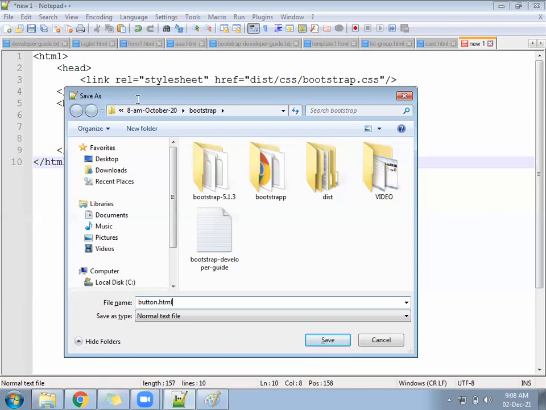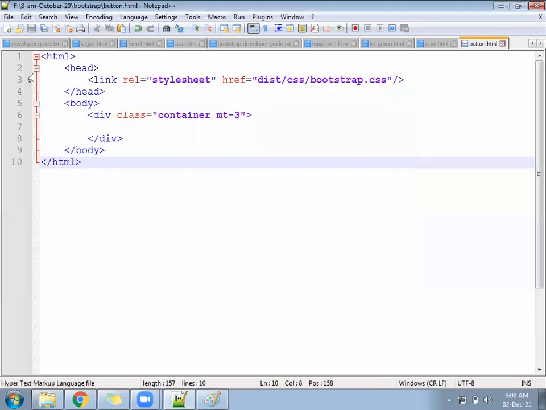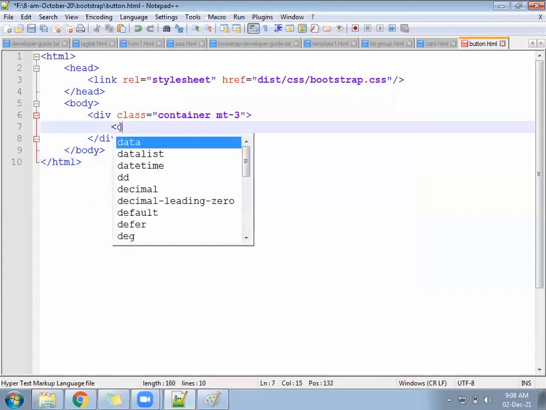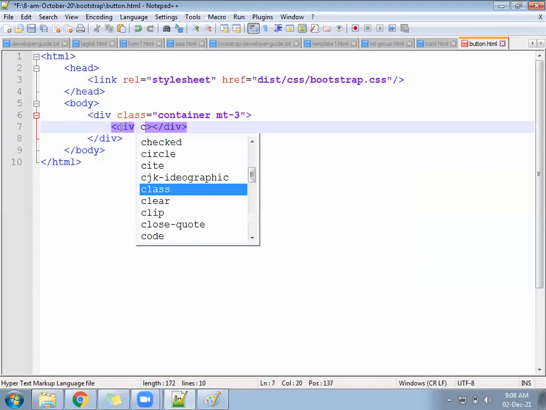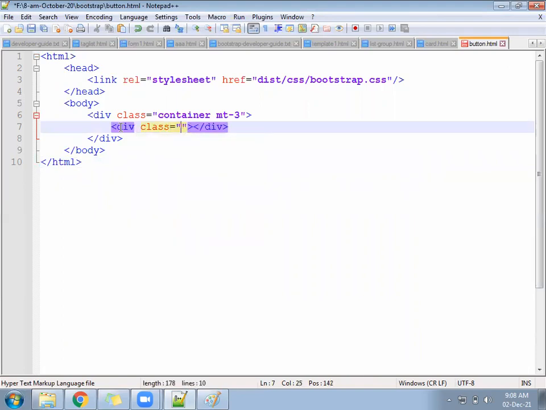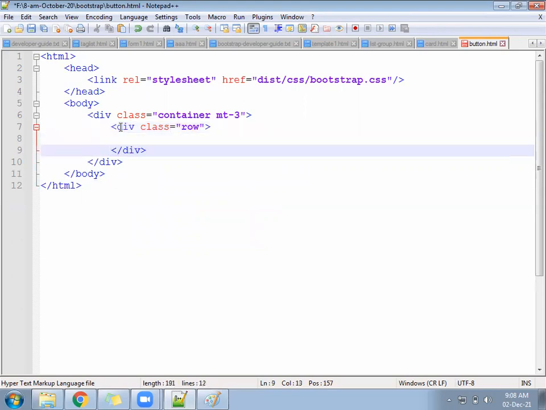Nowadays on the internet, if you open 100 websites, 90 will be using Bootstrap features. Now, a div with class row, and a div.